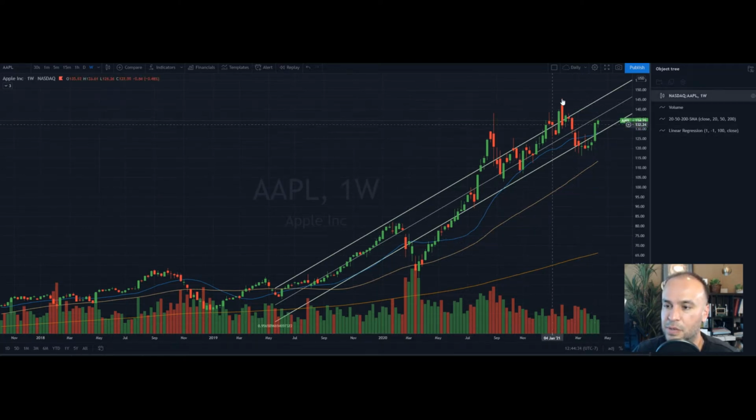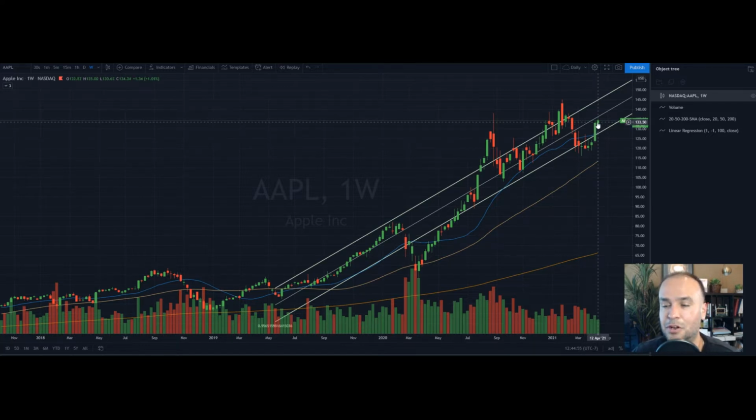Okay, and so we had this top here at 145, which we talked about, was when the Apple car news came out around here. And then recently you can see that with the market correction, there were plenty of buying opportunities, 117.80. And so anything really outside this channel on the bottom here is a good buy zone. Okay, and so Apple continues to be a strong stock, but again, I wouldn't be adding to a long position necessarily at these levels.